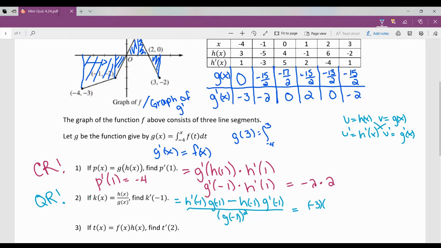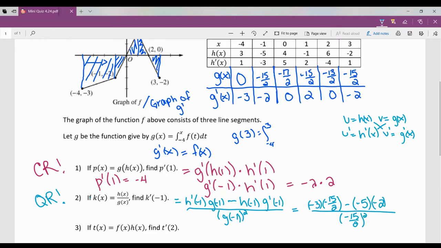G of negative 1 is negative 15 over 2, minus, next one is H of negative 1. H of negative 1 is negative 5 times G prime of negative 1. G prime of negative 1, negative 2. All over G of negative 1. G of negative 1, negative 15 over 2